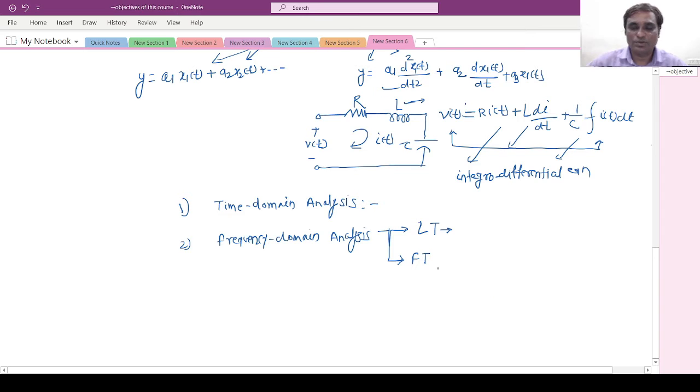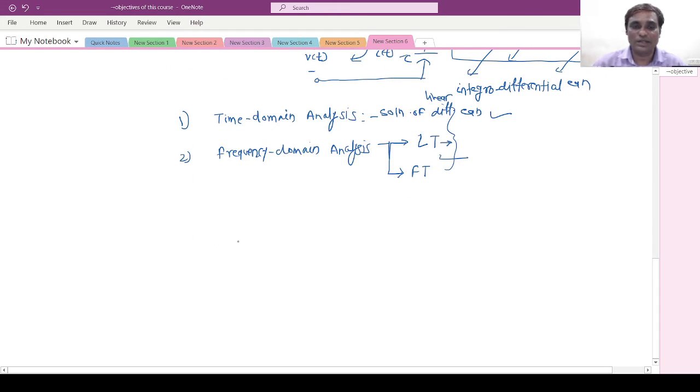Okay, so now we know these tools to solve the equations, but when we apply these tools, we have to check whether that network is linear or non-linear, time variant or time invariant, stable or unstable. Because the solution of linear differential equations will be applicable only when the network is linear, and Laplace and Fourier tools also are convenient for linear networks.